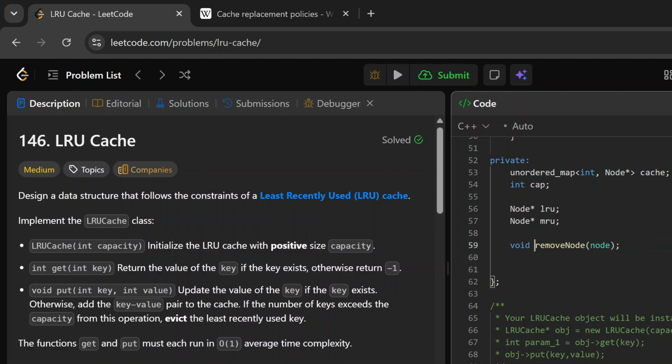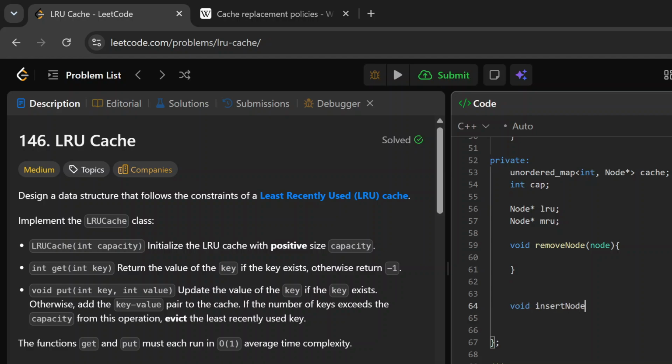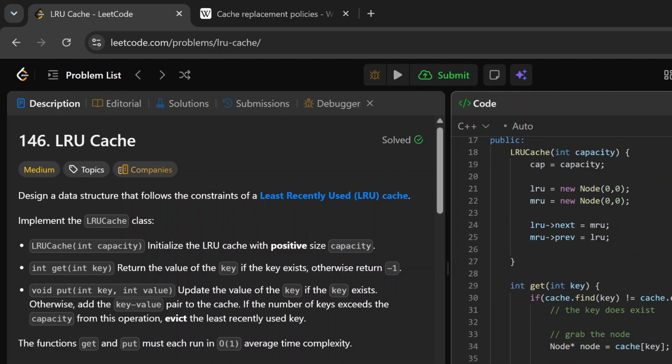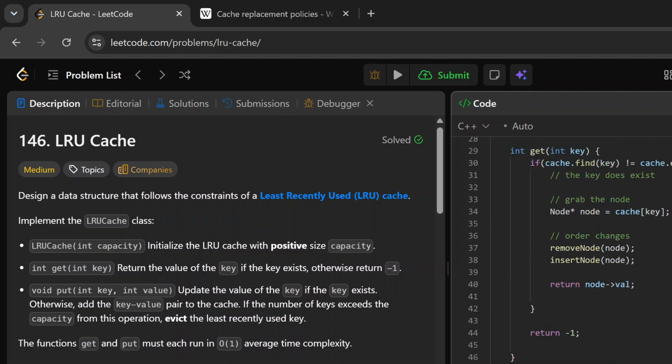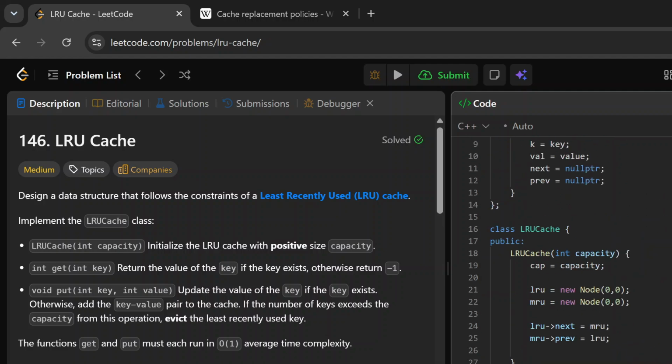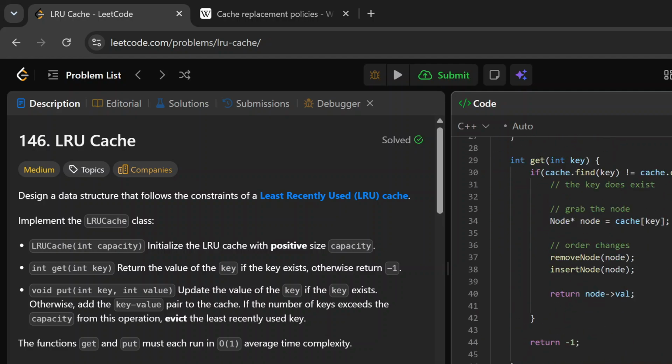I'm not going to talk about these right now because it shouldn't be that big of a problem. So we have remove node doing something, then we would have insert node. Okay, so there are things we need to tackle, but I will not worry about it right now. We have this whole infrastructure set up, and after that, let's try to move on to one piece, which is